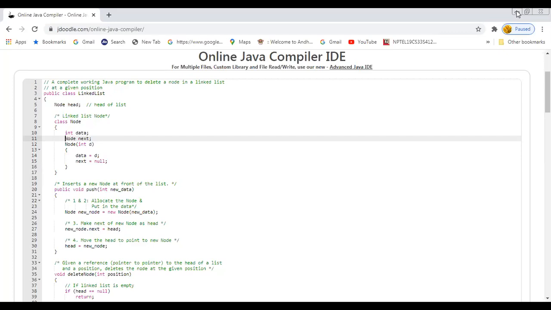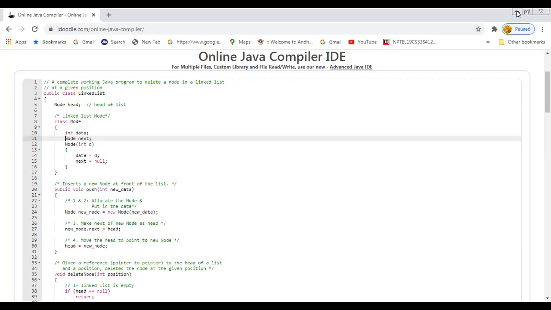So these are Iterable, Collection, List, and Queue. These are all interfaces. Now, array list, linked list, vectors, and stack implement the list interface.